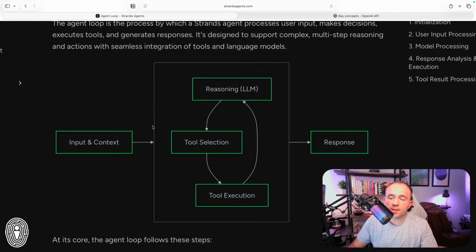Those tools could be anything. In the case of GitHub Copilot, some of those tools are: can I look at whatever code else exists in the repo? Do I need to do some reasoning? Do I need to reach out to the online documentation? Those would be 3 examples of tools that it could possibly invoke. Then down on the bottom you can see the actual tool execution, and a circular loop where it continues to do this until it converges on the final response. Once it converges on the final response, you return that back.